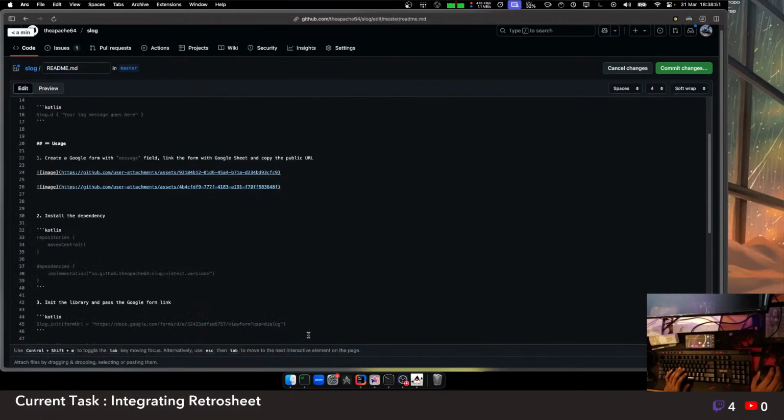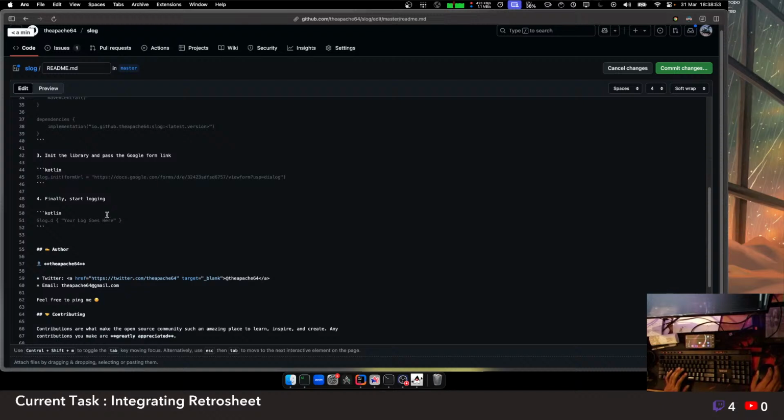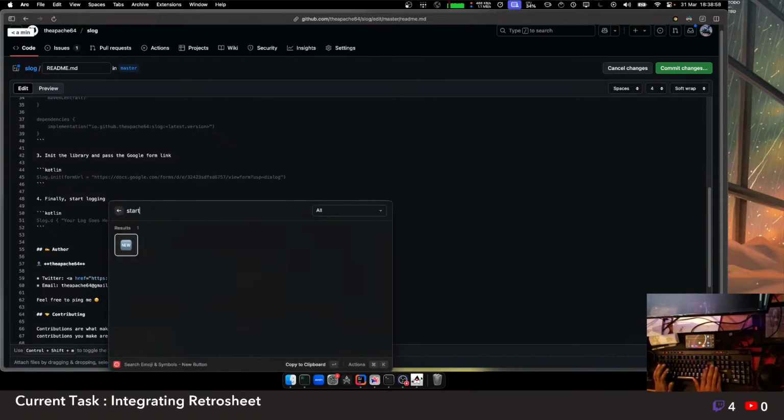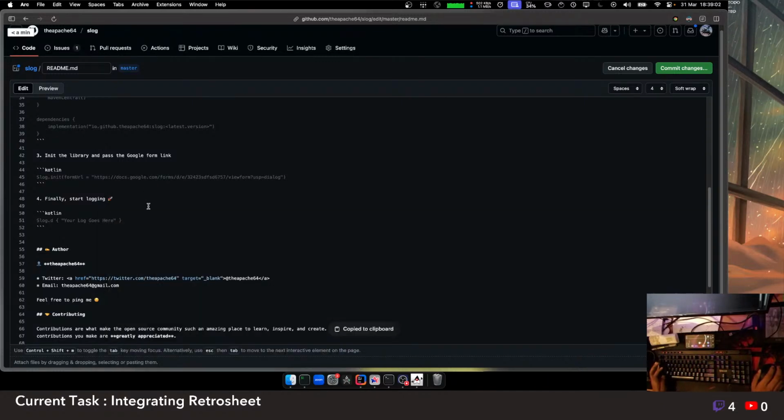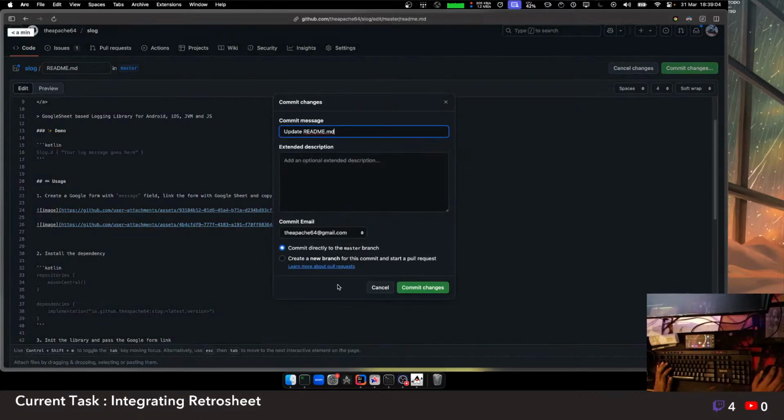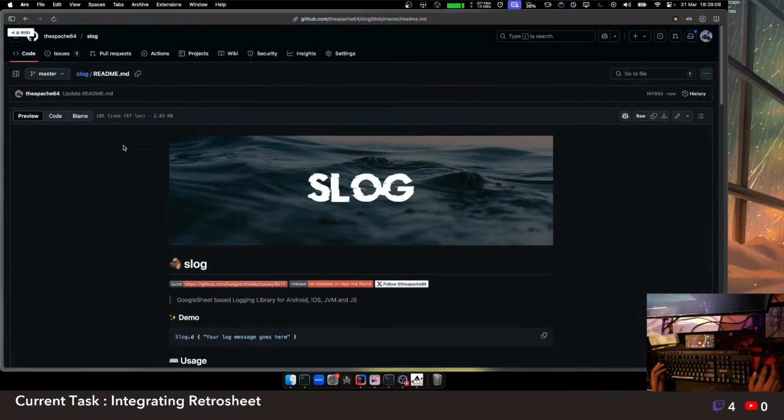And start logging, really need some emojis. How do we do the start? We'll get the rocket emoji in here. Okay. Fine. Commit changes. That's enough. Okay. So that's